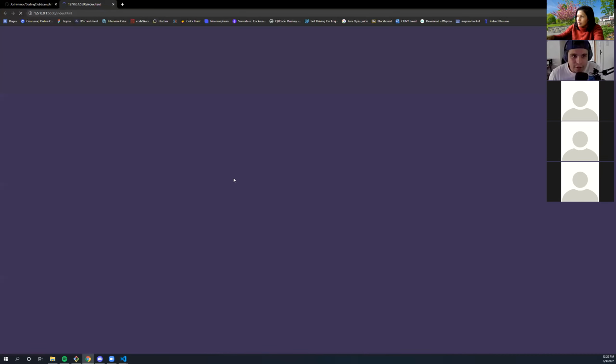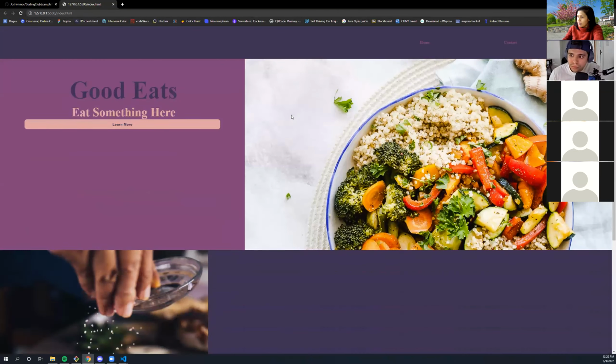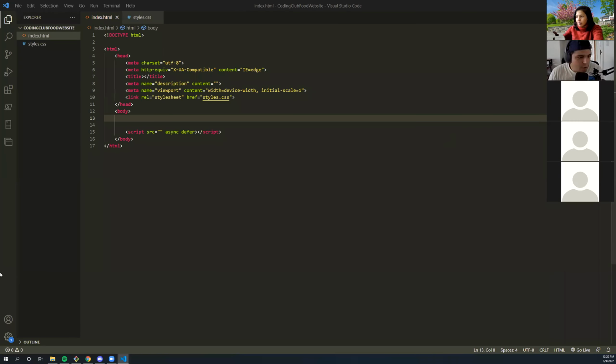When building this file, when just looking at this file, what would you say is the first thing we have to build if we're going from top down? The bar at the top. Awesome. So we want to build a nav bar first.